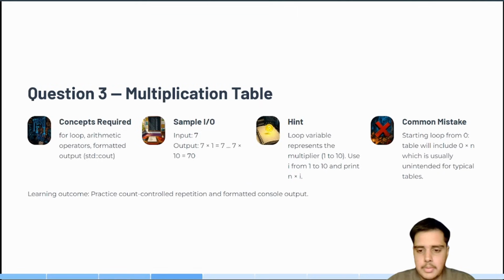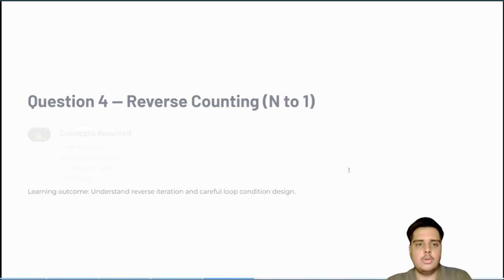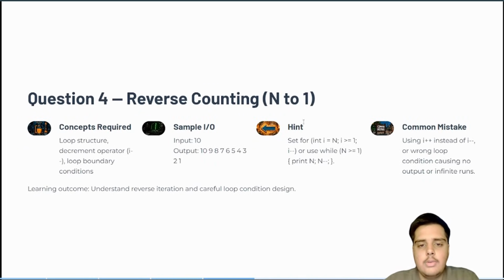Coming to our presentation, question number 4: reverse counting, which means we have to go from n to 1, not 1 to n. It requires a decrement operator like i minus minus, and we have to include loop boundary conditions. If the input is 10, the output is 10, 9, 8, 7, 6, 5, 4, 3, 2, 1.